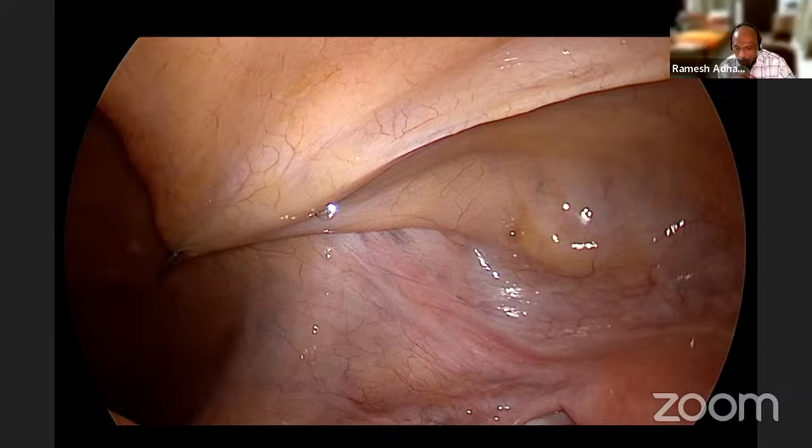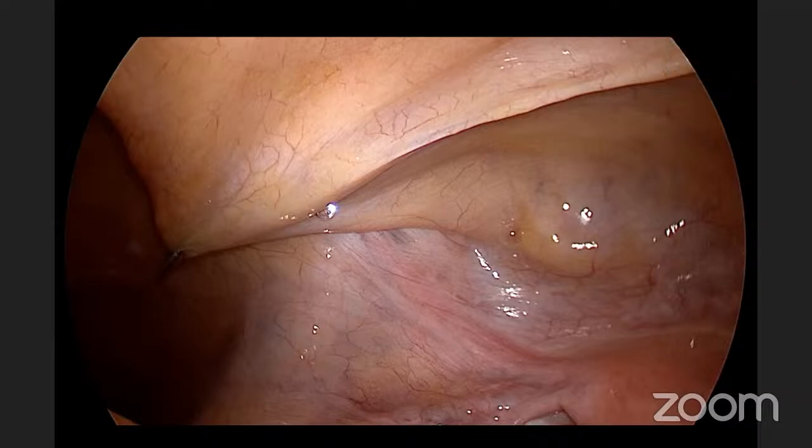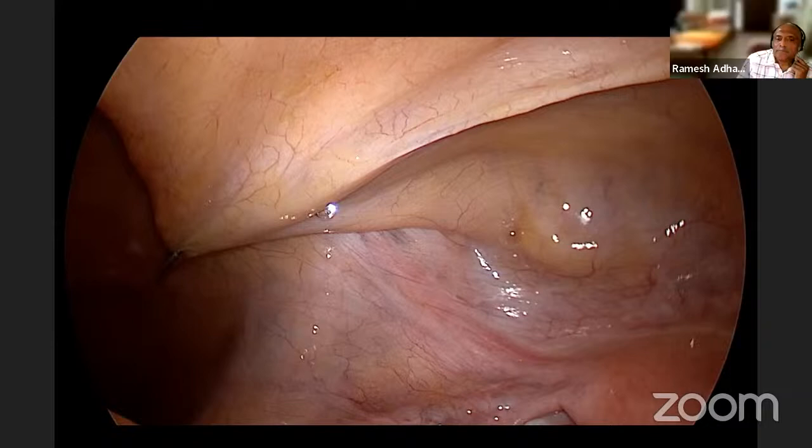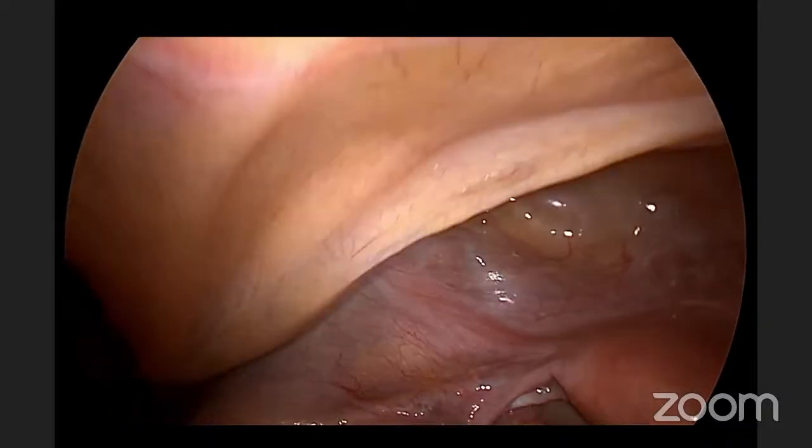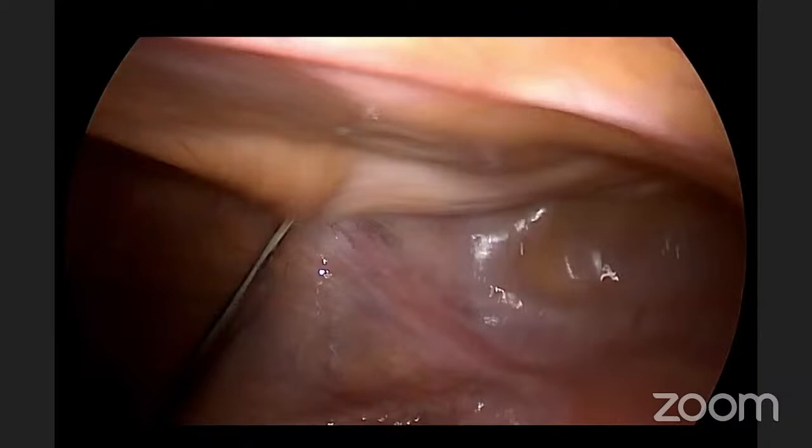We do not give antibiotic bowel prep. You don't give oral antibiotics? Don't give oral antibiotics. There is some evidence that oral antibiotics may help, but we currently are not practicing. Okay, agreed. Yeah. So this is again a small video to show suspending the uterus in females, which again helps